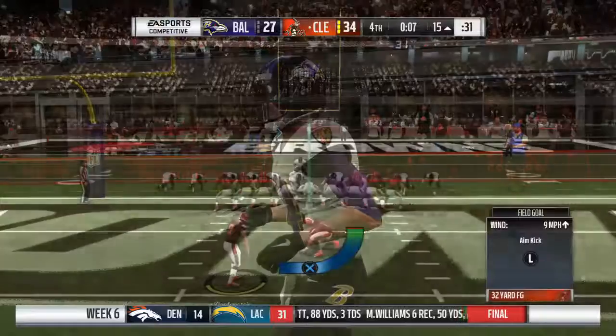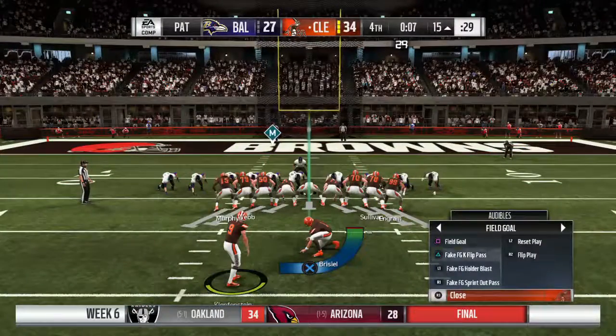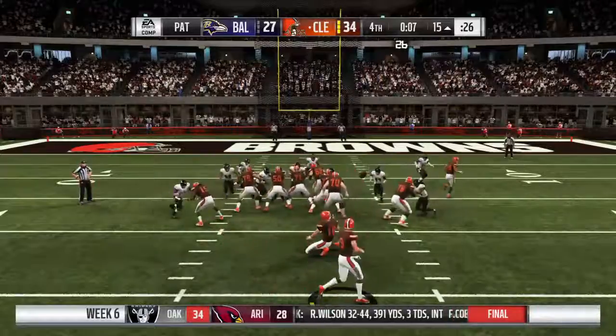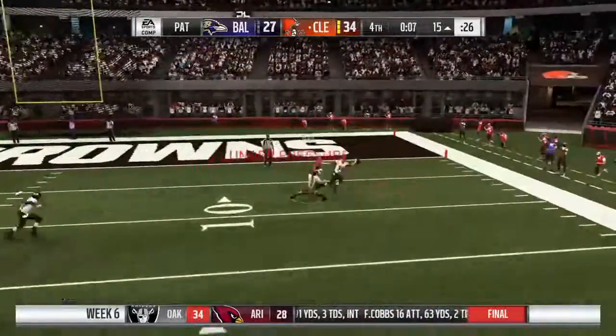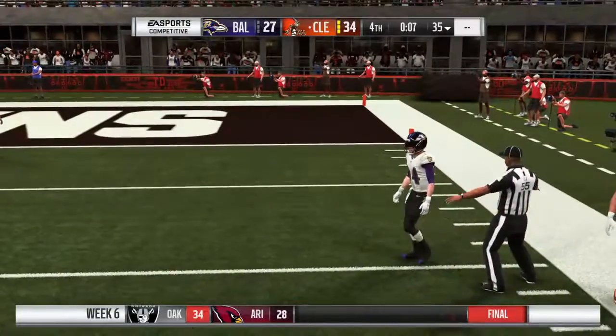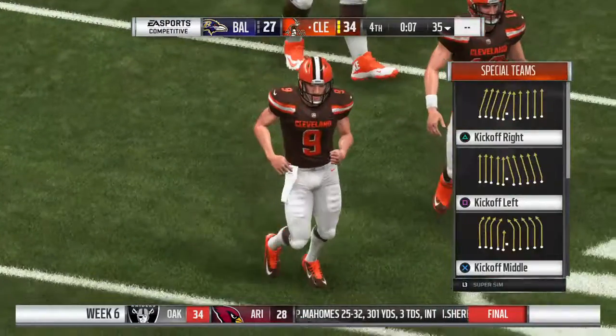What a way to finish things off. Exactly what you want. Not much time and a touchdown to put. Oh, they flip it to the kicker. He looks like he's going to throw it. And that is incomplete. 7 seconds remaining. Okay, they went for the fake off of the...